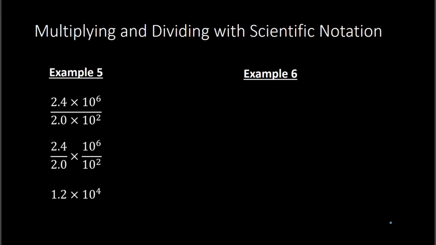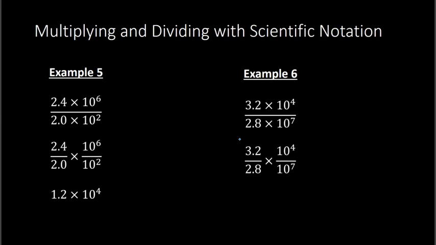Now for example 6. Same idea, 3.2 times 10 to the 4th divided by 2.8 times 10 to the 7th power. So to begin, I'm going to separate this into two separate fractions, where I have the 3.2 divided by 2.8 by itself, and then 10 to the 4th divided by 10 to the 7th by itself over here. If I do 3.2 divided by 2.8,